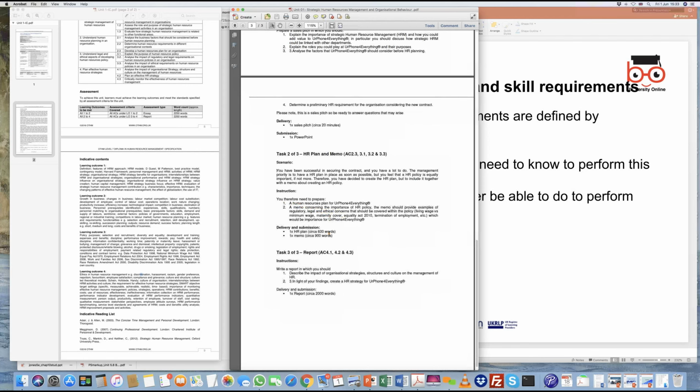words, or basically doing a Word document. So it talks about how would you prepare a human resource plan for this organization. And then you have to write a memo or some sort of a letter, which is again a Word letter, to explain the creation of this plan. So plan is nothing but policies and procedures that you've created. And what you have to do is, in the policies and procedures, you have to explain, like I sent you